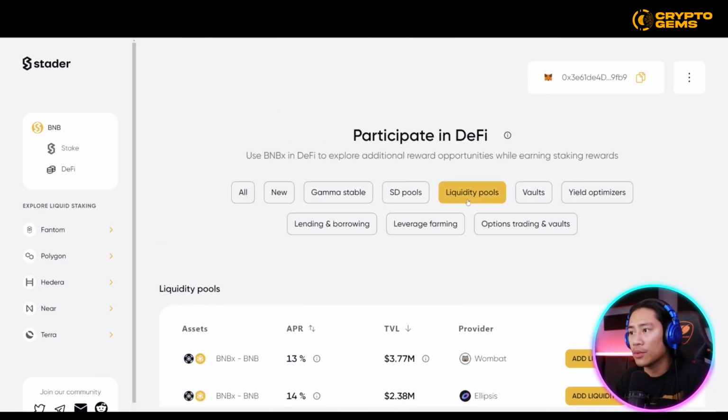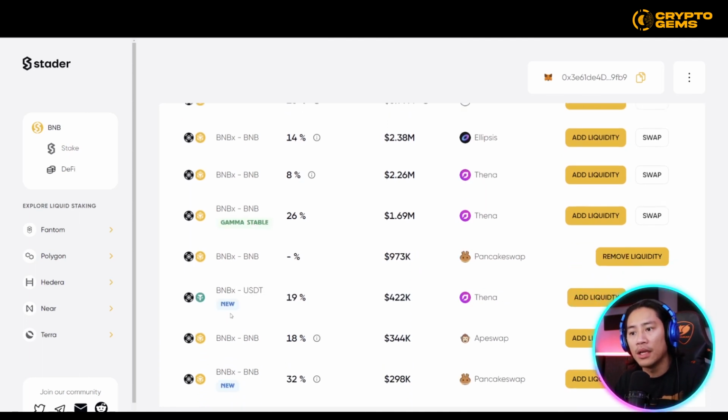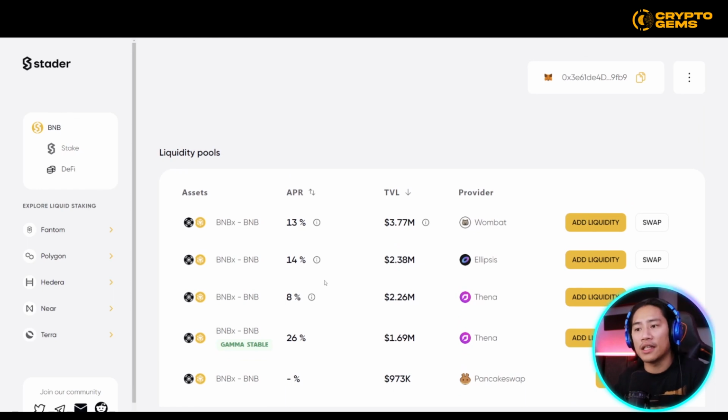So liquidity pools, when you click on that one, these are your available pairs. BNBX to BNB, BNBX to BNB, you have BNBX to USDT as well. I would strongly suggest that you choose the one with the highest TVL, or total value locked, because that is the way you would be able to withdraw your liquidity. For instance, this one right here has 3.77 million. So BNBX to BNB has